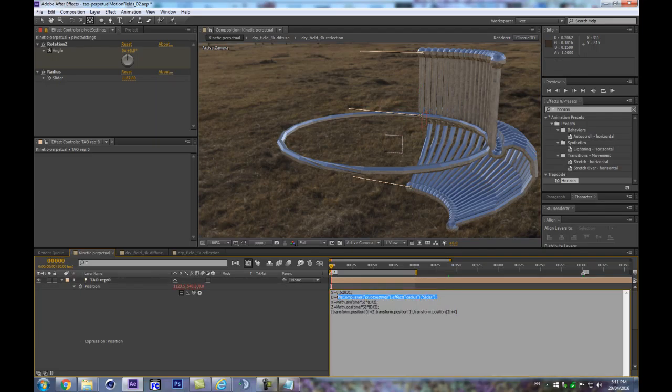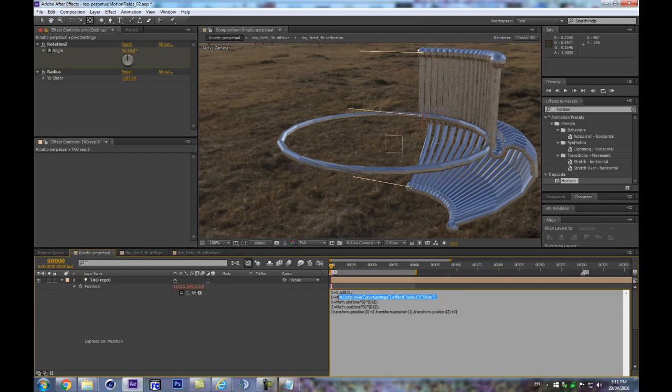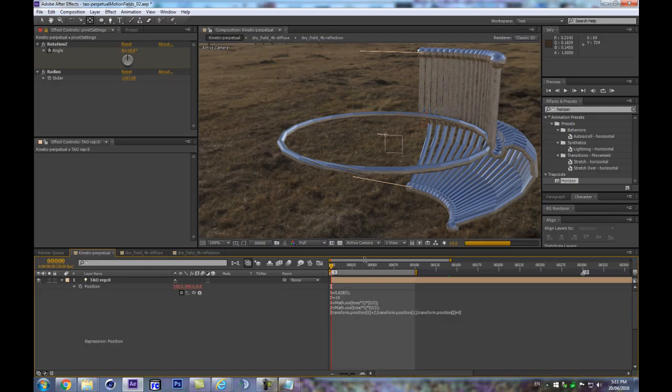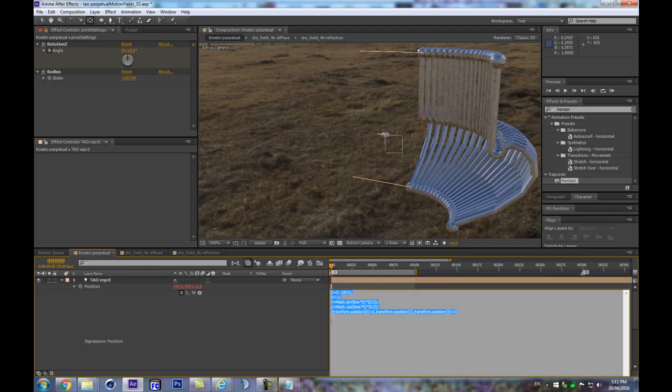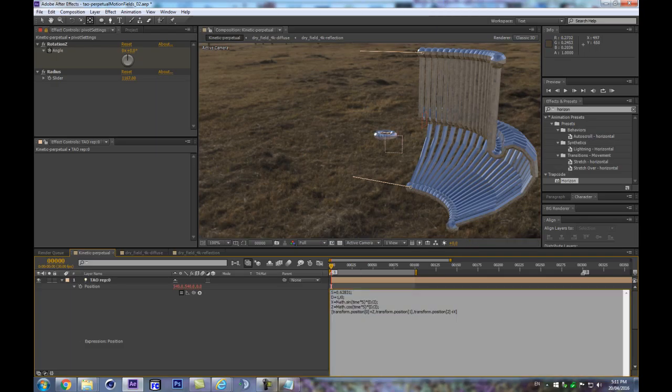By default this had a value for the radius, the diameter, which gets divided by 2 afterwards. So if we had 100 here, it would be a diameter of 100,